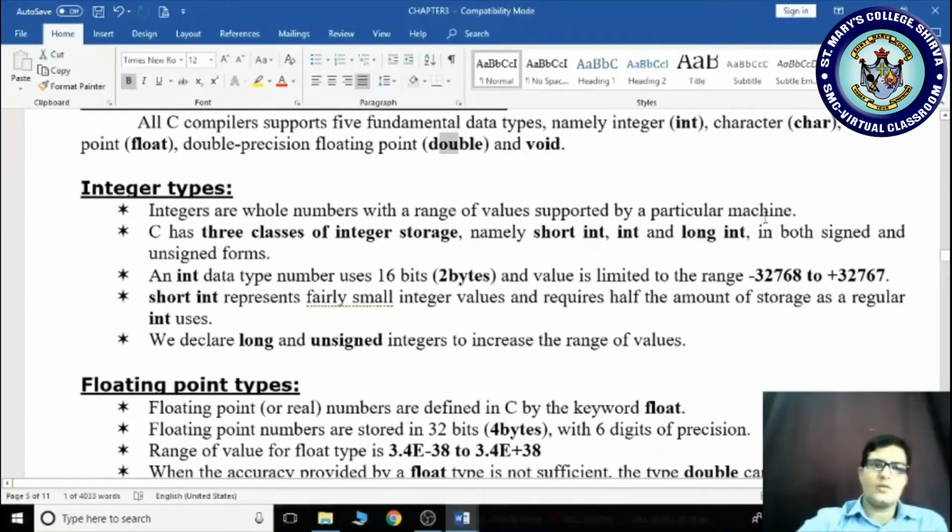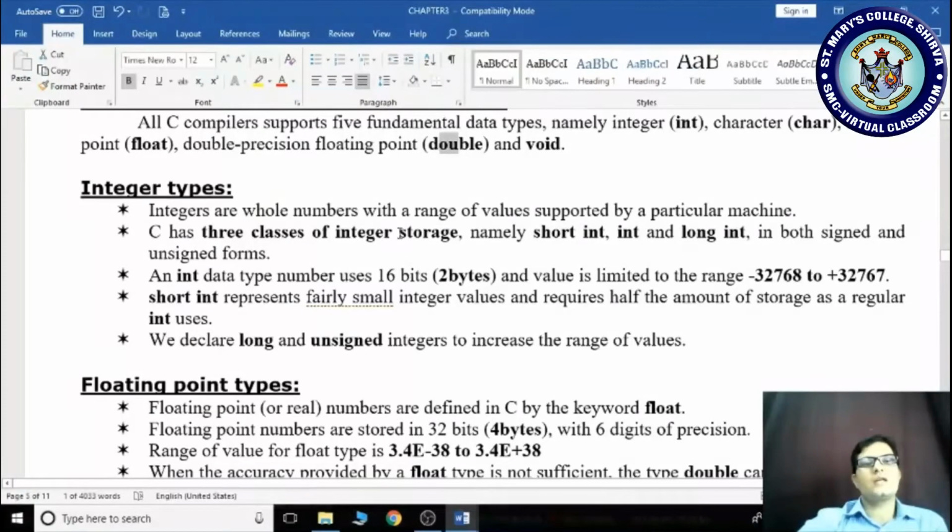In mathematics the range is 0 to infinity, but in C programming it has a certain range. If it exceeds, it doesn't store. Please make a note: integers are whole numbers with a range of values supported by a particular machine.